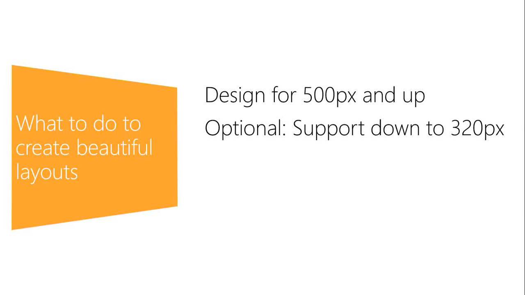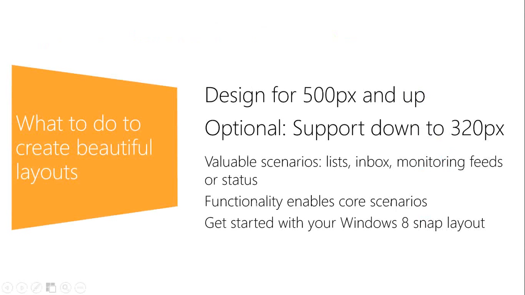If you think that there's relevant content that you would like to display, probably content like scores, feeds from Twitter, which will be easily readable at 320 pixel, feeds like weather. All of these kinds of applications can take advantage of 320 pixel, but it's optional. Now, the valuable scenarios could be when you're using a list or the inbox. Yeah, I forgot to mention inbox. So if you have a mail sort of application, or a feed or status sort of application, or a listing sort of application, this is what you can do: implement the optional 320 pixel.